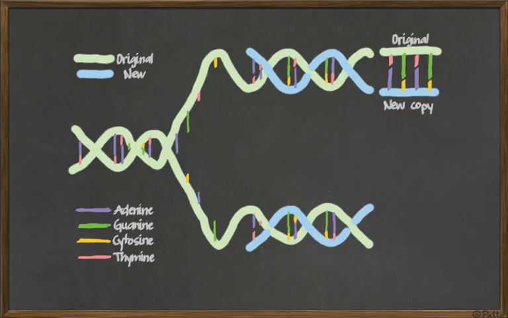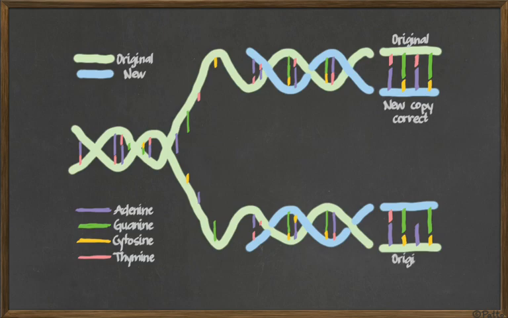They are complementary. If you have an A, you have a T. If you have a T, you have an A; a C, a G; a G and a C, and so on. The original is over there, and in this case it was copied correctly. But sometimes the DNA is copied incorrectly. You see there in the bottom you have the original, but on the top, instead of putting a pink, it put a yellow. So in this case you have a new copy, but with a mistake,